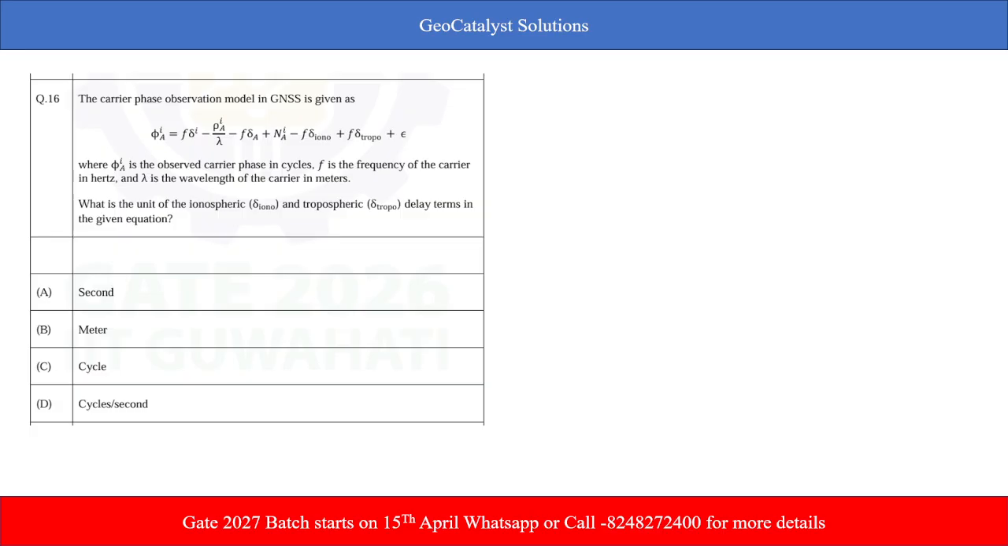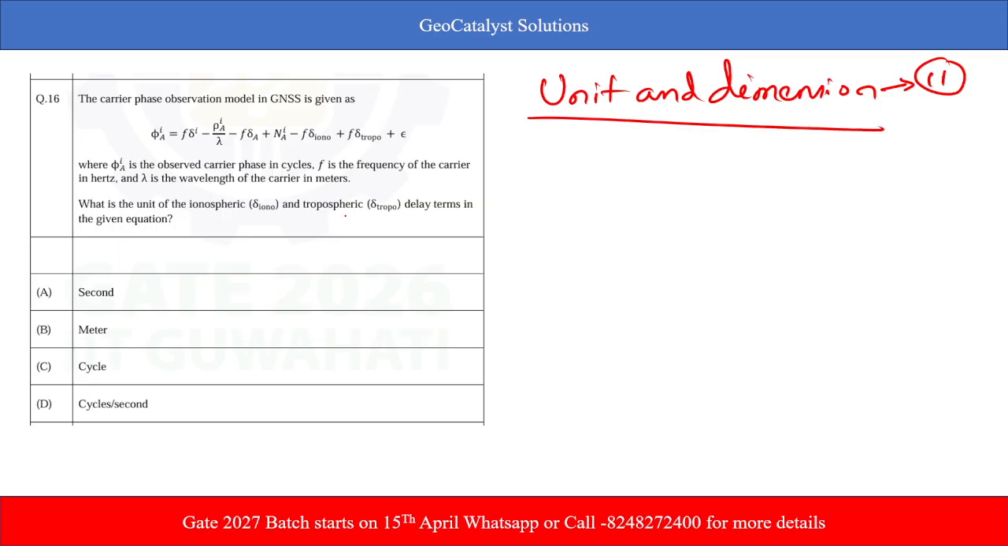Now question 16. Actually, question 16 doesn't require your RS and GIS knowledge. This question is about unit and dimension, which we read in class 11 or 12. Okay, class 11 syllabus, unit and dimension chapter. Okay, what we do, so we know